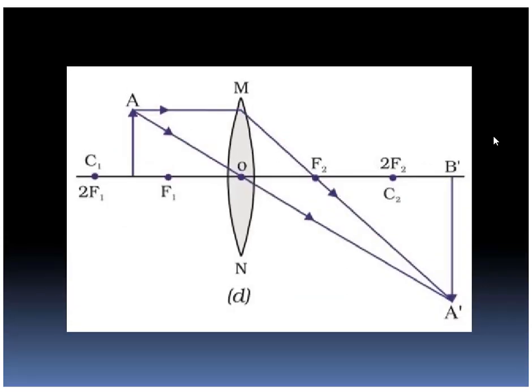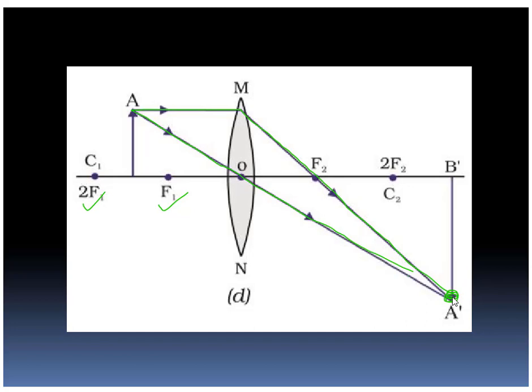Okay. Now this is the next case where the object is placed in between focus and center of curvature. So here we are going to draw again the ray diagram. This is the ray parallel to the principal axis. So it will bend towards the focus, it will pass through focus and move like this. This is the second ray of light. It will pass through the optical center and without any deviation it will move like this. And these two rays will meet at this point.